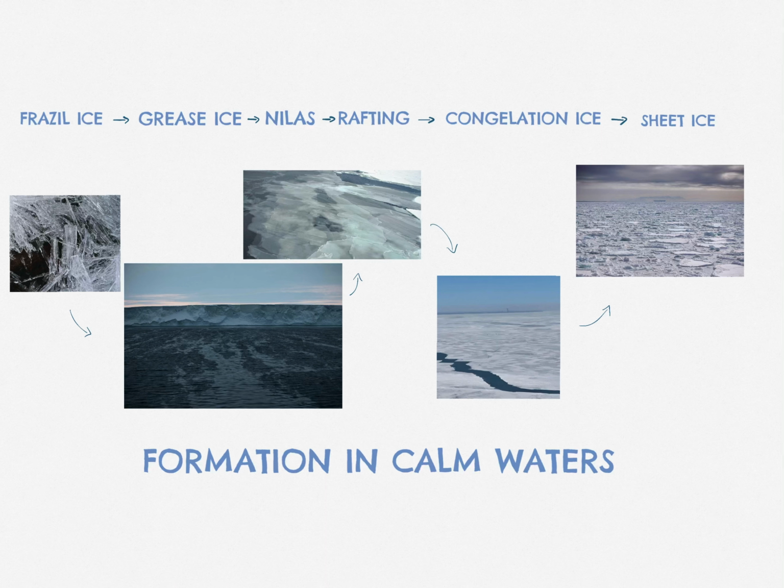In calm waters, grease ice is formed by the frazil crystals. Grease ice is a smooth, thin form of ice. As grease ice spreads, it develops into a thin, continuous sheet of ice called nilas. Nilas starts out as dark nilas, but lightens as it thickens. The process through which currents and winds push and slide the nilas over each other is called rafting. Through rafting, nilas thickens into a more stable sheet, with a smooth bottom surface called